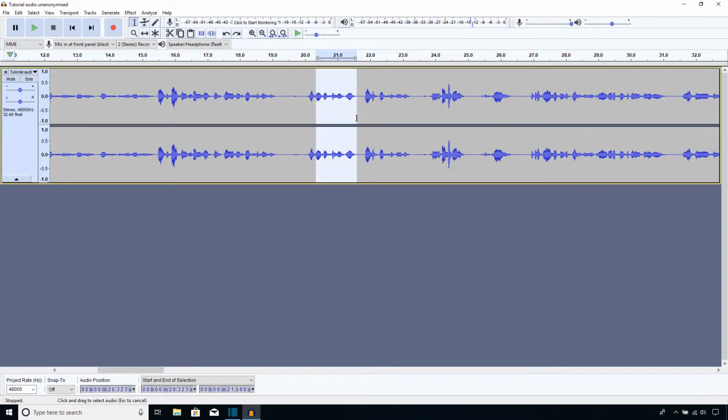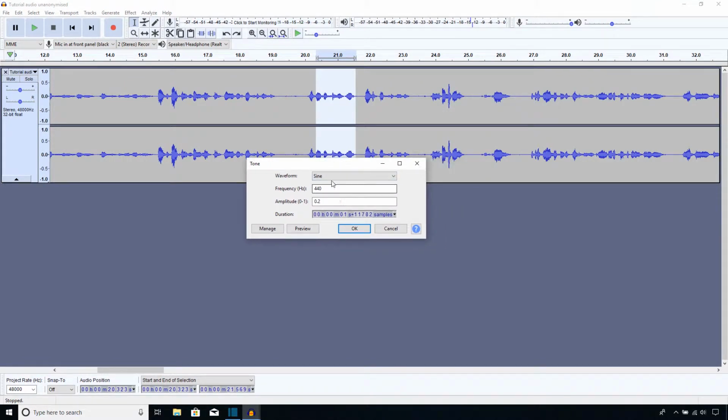Try and get it right. Although I don't know why I'm being so precise. It's just a tutorial. So yeah, get that. Yeah, that looks about right. And then what we want to do is use the other settings in Audacity to create something that's going to cover that up in some way. And there are a few ways of doing this. I'll show you the classic one first, which is to use a bleep, or a tone as it's called in Audacity. So if we go up to Generate here, go down to Tone, left click,